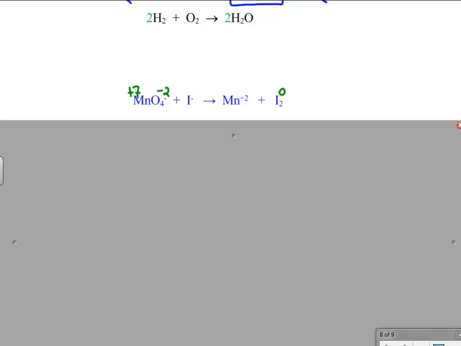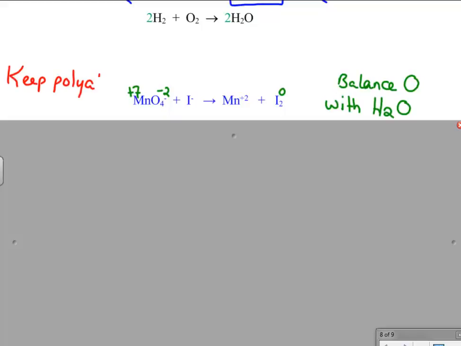We can figure out what oxidizes, what reduces. When we're balancing half reactions, we keep oxygen and the manganese together in our permanganate ion, and we're going to balance that oxygen with water. I want to keep my polyatomic ions together. I don't want to break them up into manganese and oxide because that's more challenging to balance. So I'm going to keep them together, and in most cases I'm going to use water to balance my oxygen